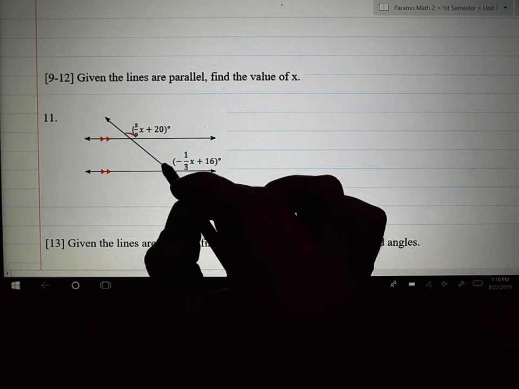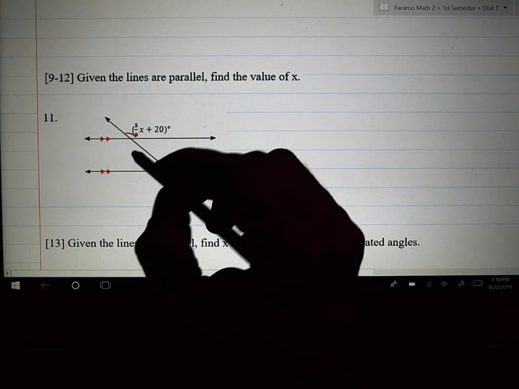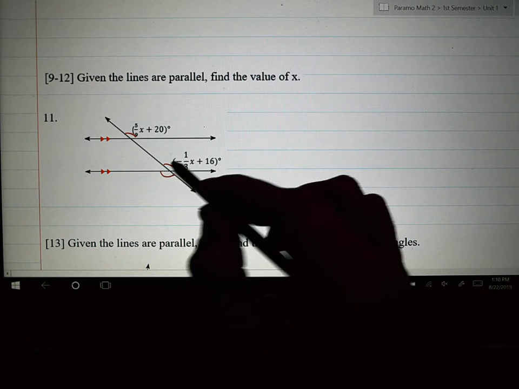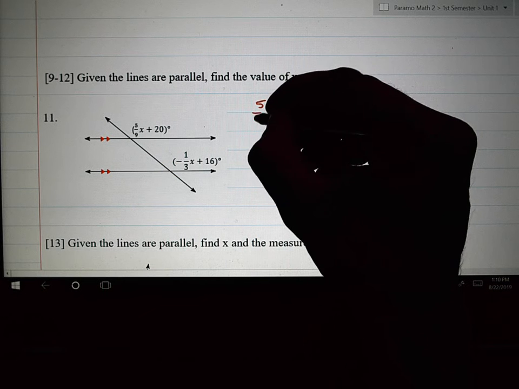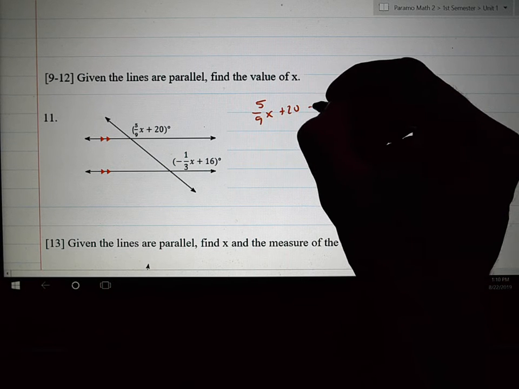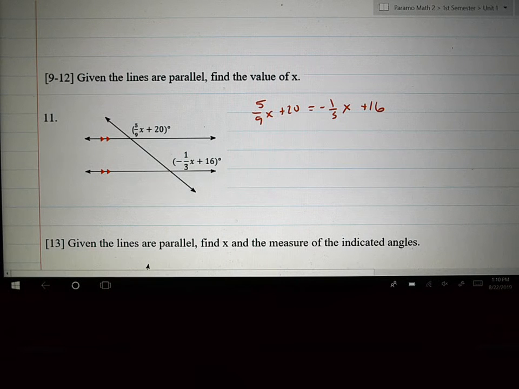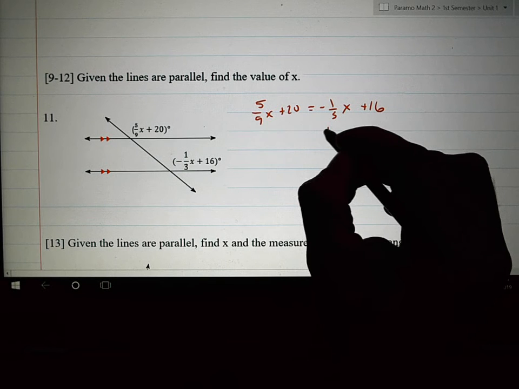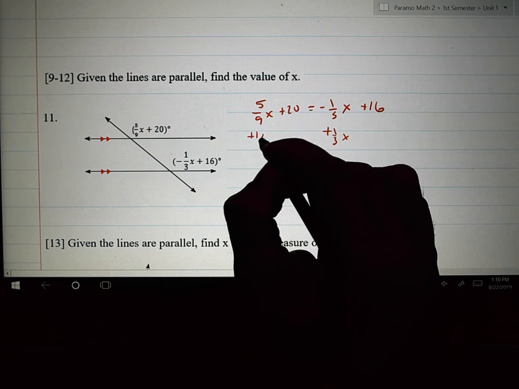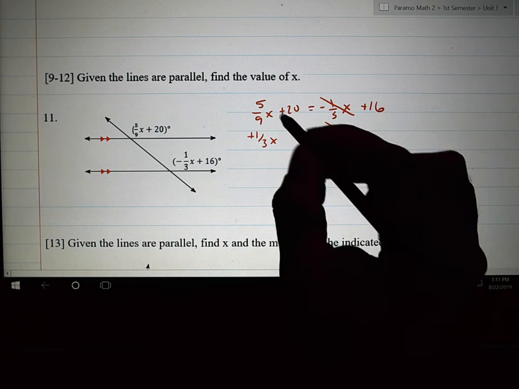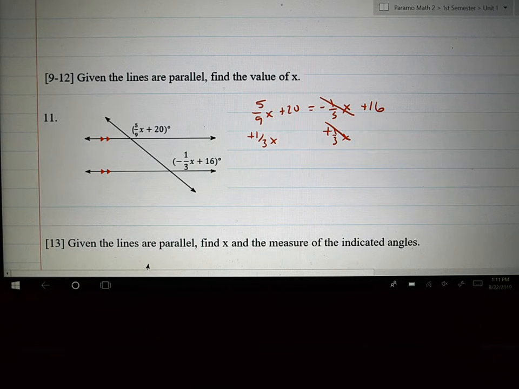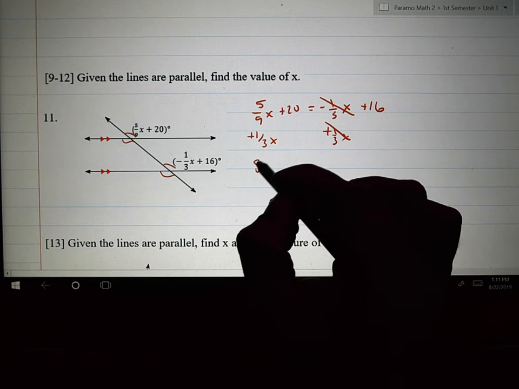For anybody who needs it, the obtuse ones are the same when they are parallel. We did 5/9 x plus 20 was equal to negative 1/3 x plus 16. And it got a little bit funky, so we used the calculator. We added 1/3 x to both sides. So 5/9 x plus 1/3 x, I'm going to use the calculator for that. 5/9 plus 1/3 is 8/9 x